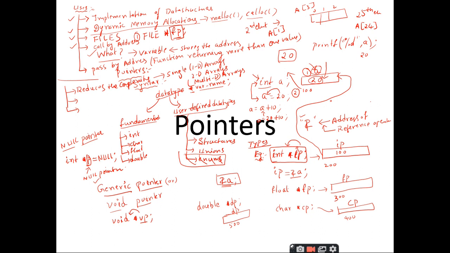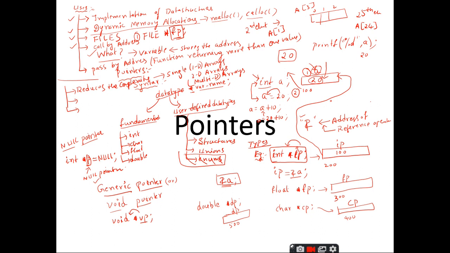When you are dealing with low level programming, sometimes you need to access the addresses of locations directly, right? When you want to access the addresses directly, there is no other concept other than pointers to have access to the address of a particular memory location.